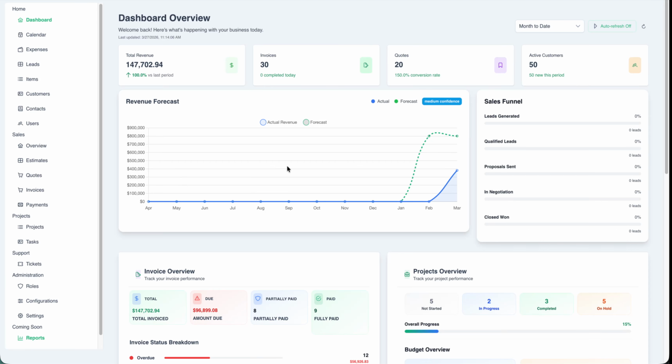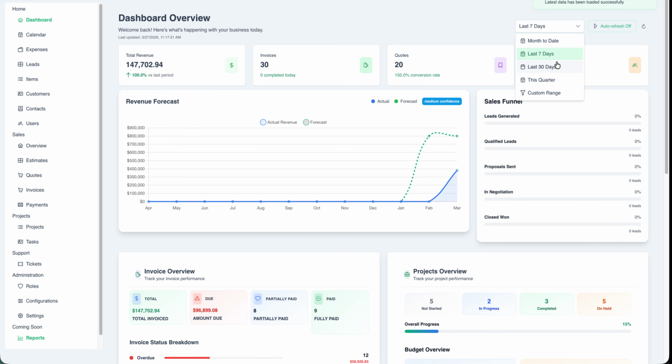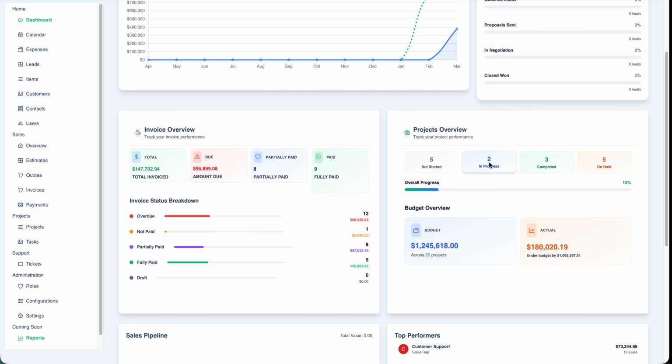Yes, welcome. This is the admin page, rather the dashboard or the landing page for the administrator of the system. Here you'll get an overview of the whole business, whatever is happening, in terms of even active customers, revenue generated, and all that. And you can easily switch between those filters, whether it's the last 7 days or the last 30 days, and all that. You'll be able to see